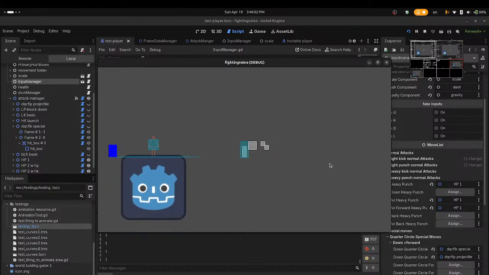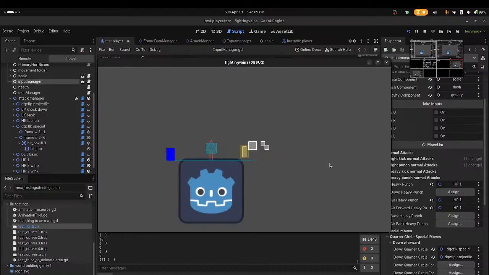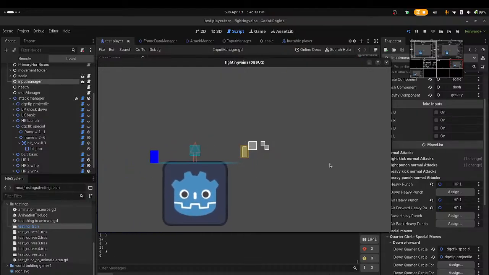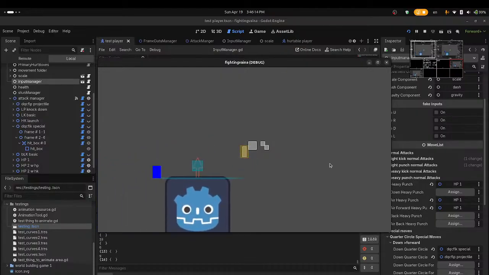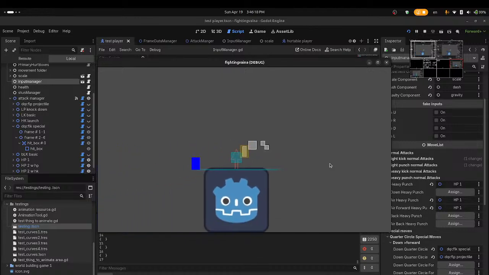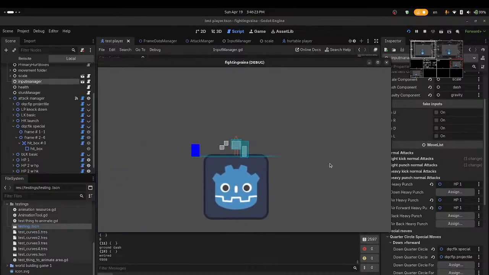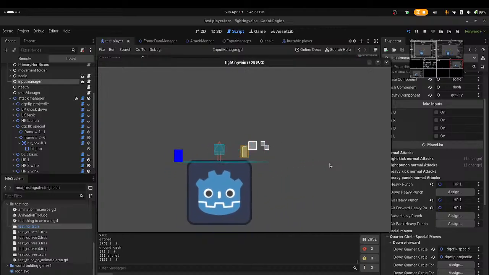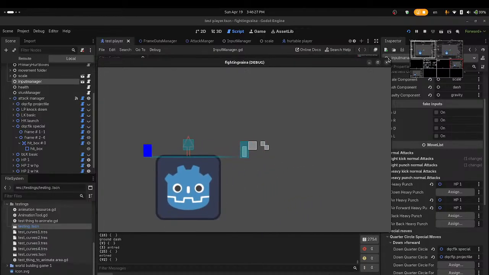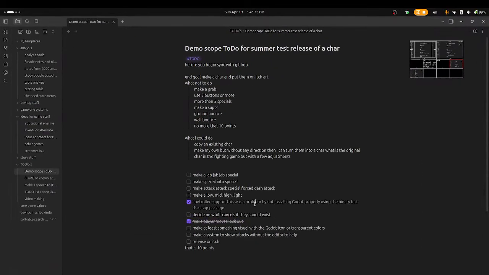I can't jump. I can't dash. I can start a dash and an attack, which is the behavior I'm okay with. Okay, cool. That works as I want it, and I can, in fact, say that that works. Alright,